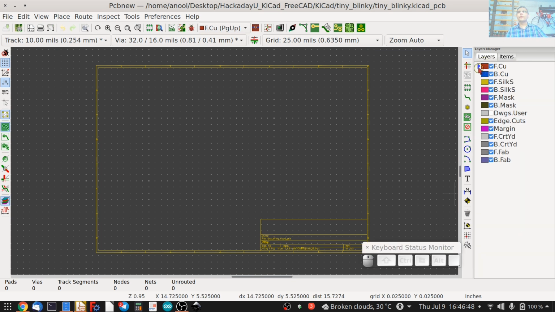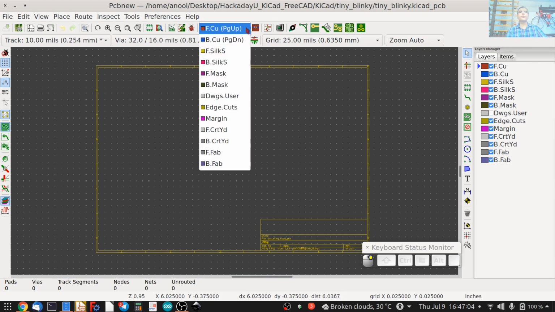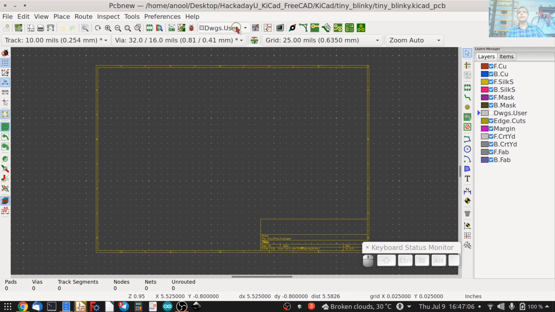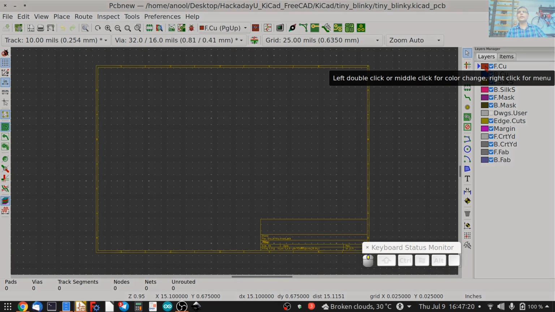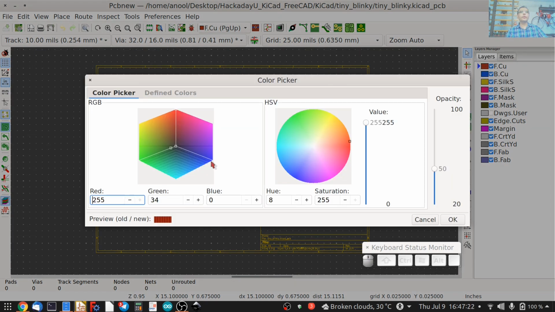The other thing you can do is the blue triangle you see is the current active layer. You click on the color patch for any layer, and that's where the blue triangle moves, and that is the active layer. A different way is to use this pull down menu from the top, which does the same. If you'd like to change the colors, you double click on the color patch like so, and that brings up the color picker where you can adjust the color values. Opacity is useful if you're trying to work in a complex board and you want to see multiple layers at the same time.